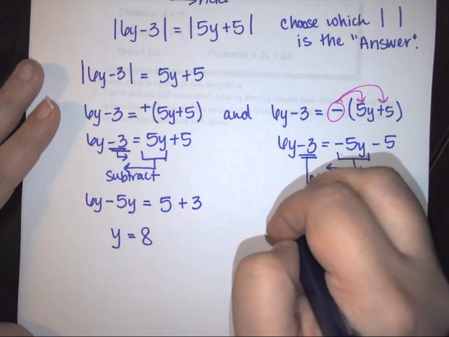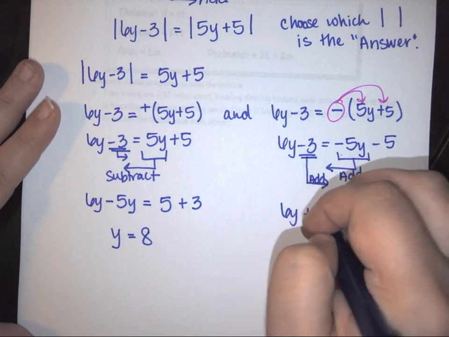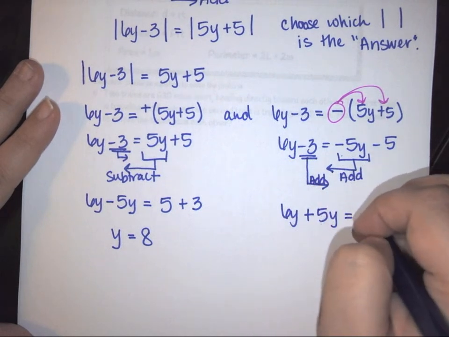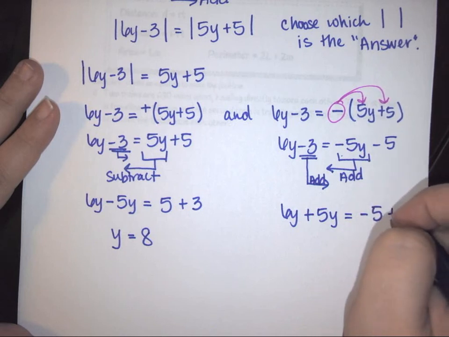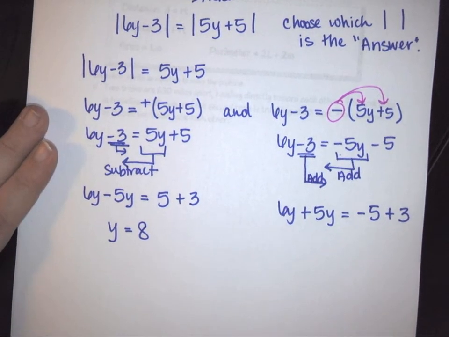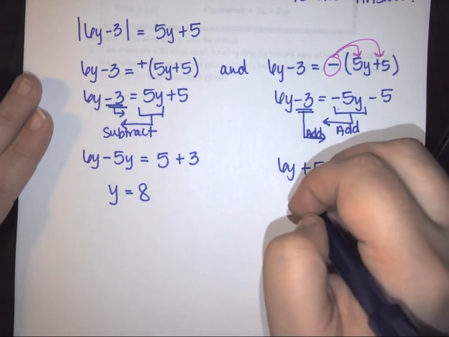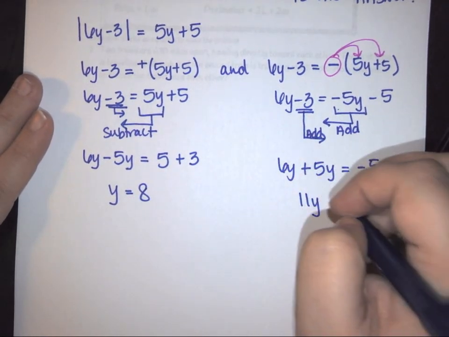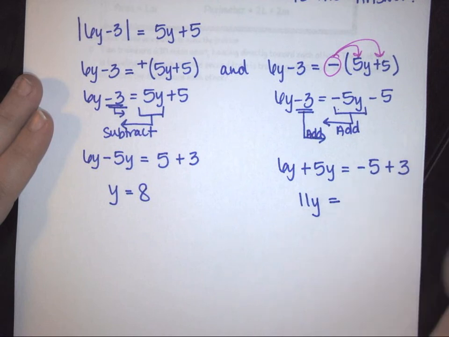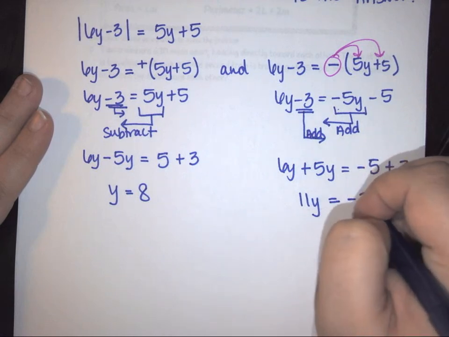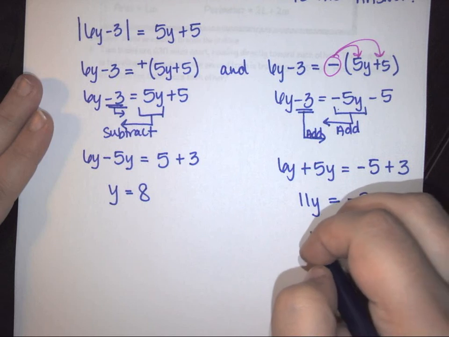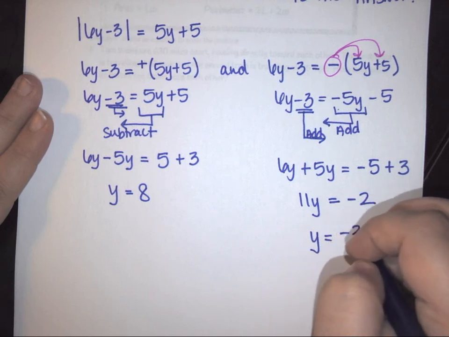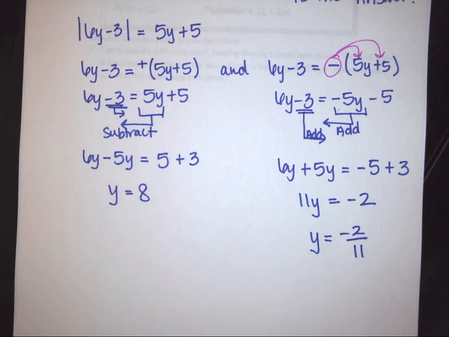So this is going to give me 6y plus 5y is equal to my negative 5 plus 3. So my 6y plus 5y will give me 11y, and this is going to equal negative 5 plus 3, which is a negative 2. Divide everything by 11, so y is negative 2 over 11. Okay, and that is just one such example where you have to